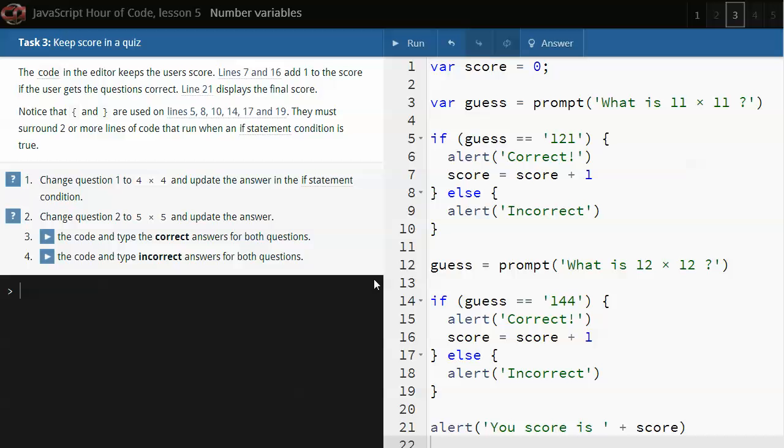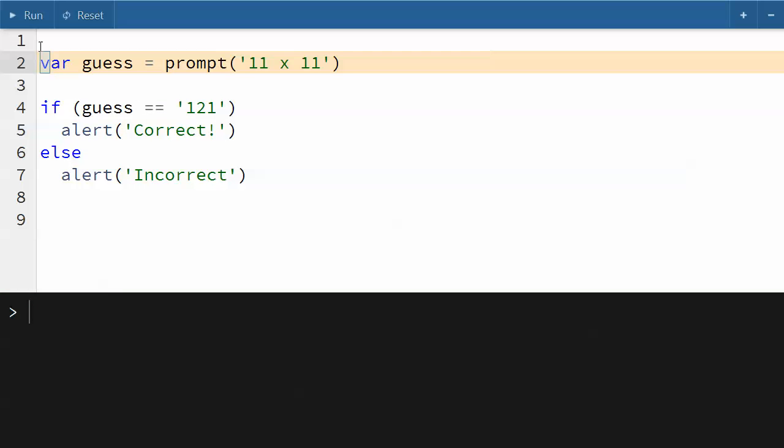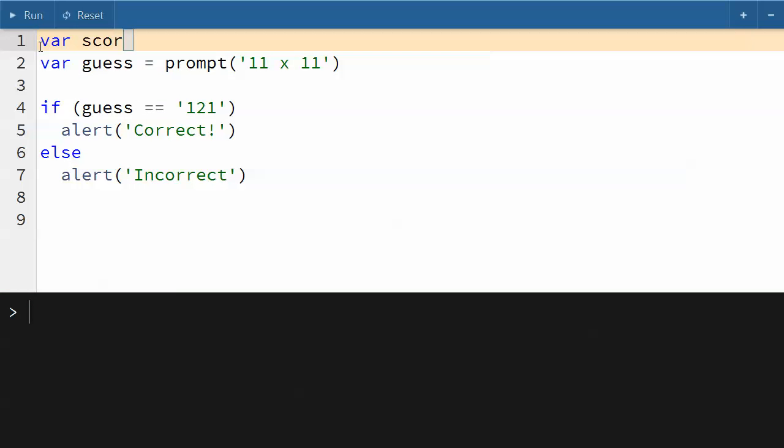In this task, you're going to keep score of a math quiz. This code here asks the question 11 times 11 and displays the message as correct or incorrect. Now, in order to keep score, we need to create a variable called score and set it equal to 0